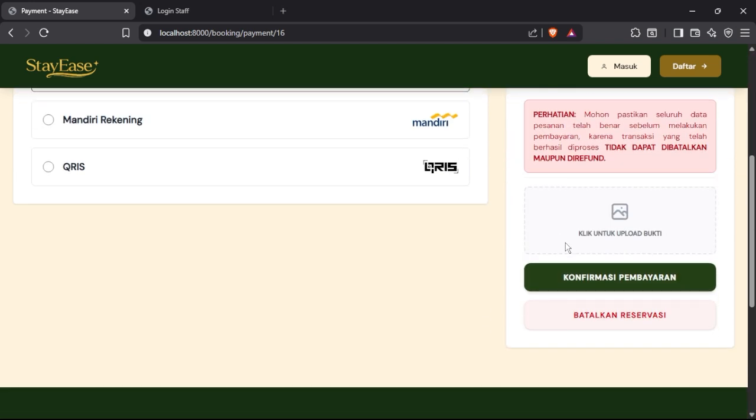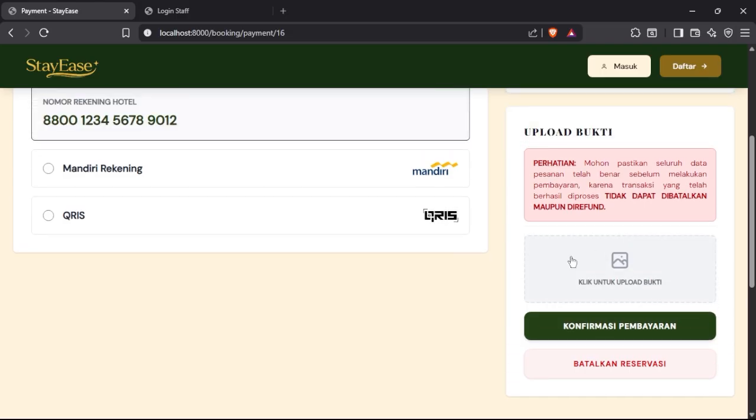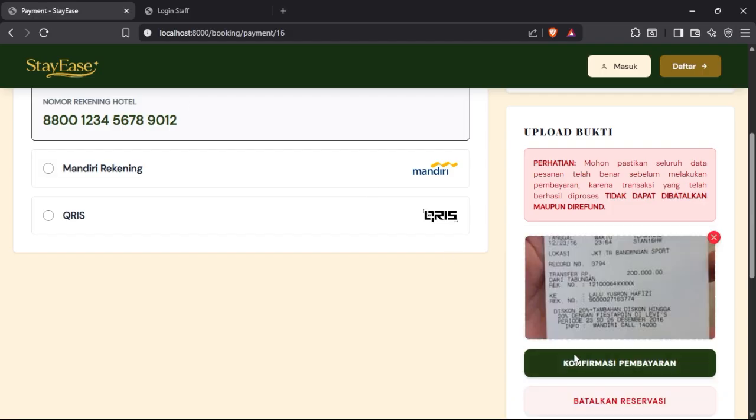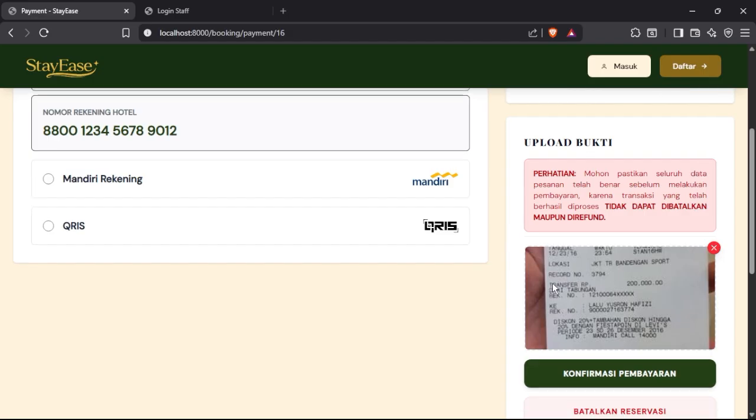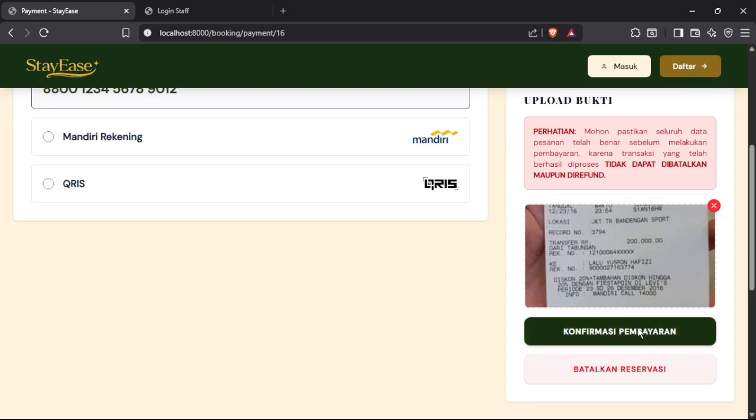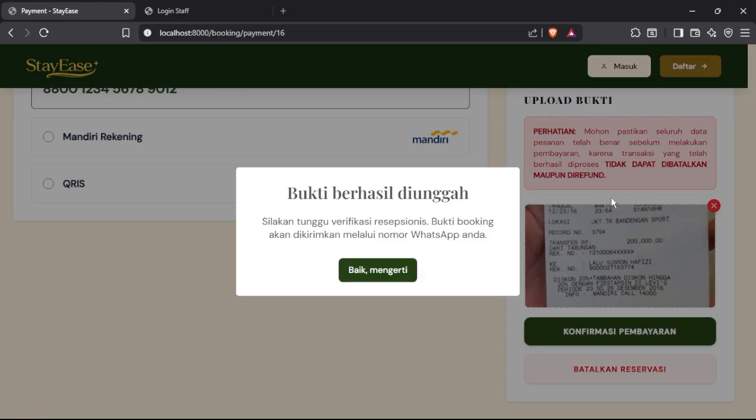The guests need to upload their payment proof to finish this reservation. When they finish uploading, they just click the confirmation button, and there will be a notification that the reservation is finished and needs to be verified first by the receptionist.